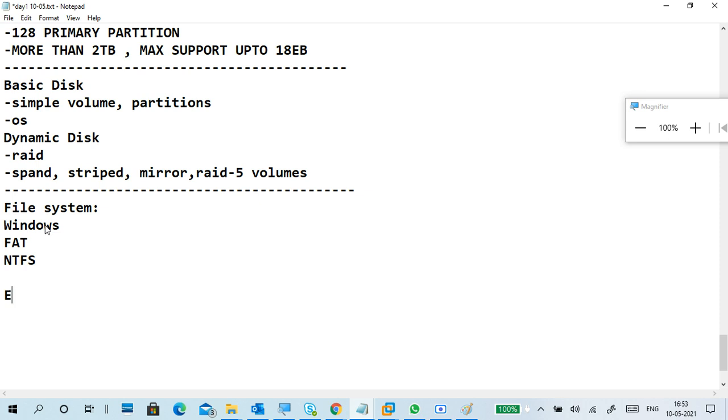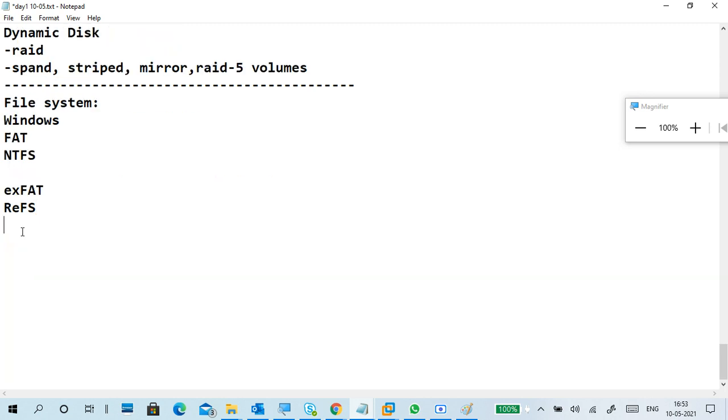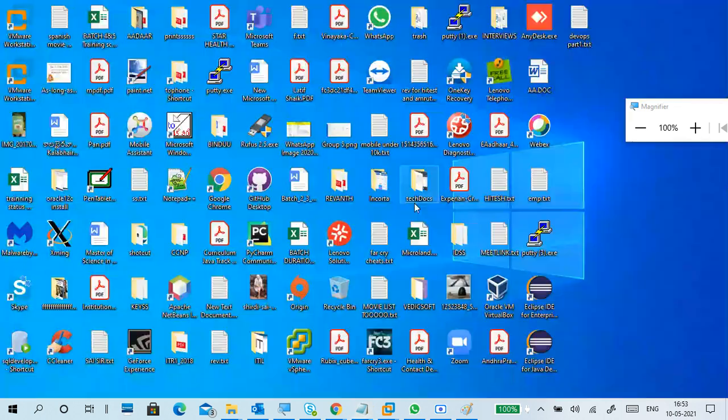Now a few new file systems came up, called exFAT and ReFS. These two new file systems came up. So FAT and NTFS, and from Windows 8 onwards, exFAT and ReFS are also there. I will explain file systems after 5 minutes.